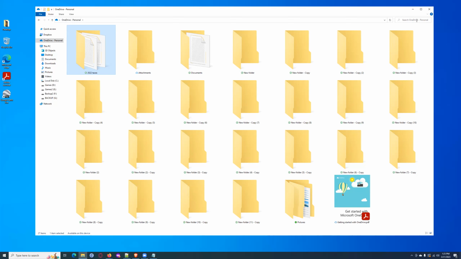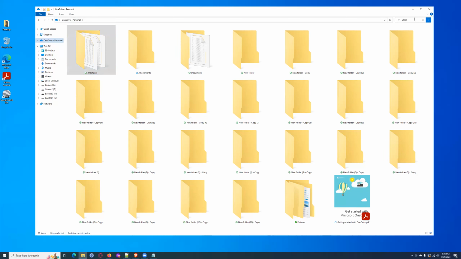I believe the Apple search is maybe in a different location, but you should be able to find it. It'll have the little magnifying glass icon on it. So I will click in here and I want to search for my 2022 taxes. I'm just going to type in 2022,